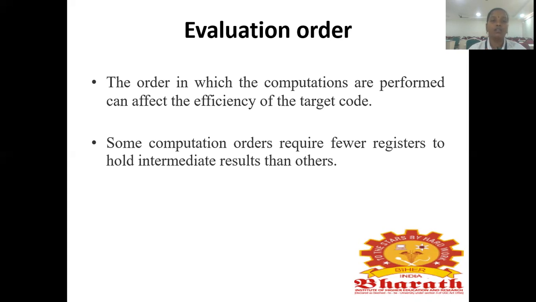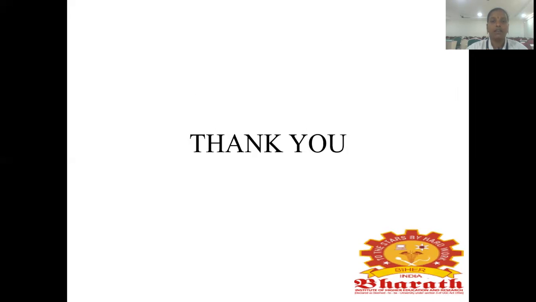Finally, the code optimization of expressions can be evaluated by order. Many more steps can be evaluated for sub-expressions in the code optimization of compiler design. That is an optimization technique used for evaluation order. This is the main part of the code generator, at compile time or running time, which can use evaluation order. So finally you check all the code generation and all the expressions using evaluation order. So thank you.